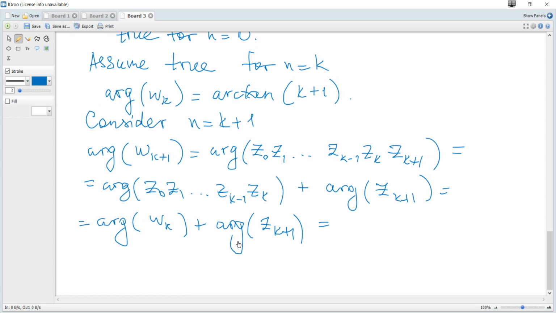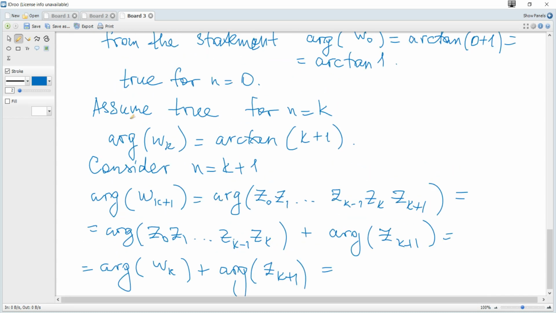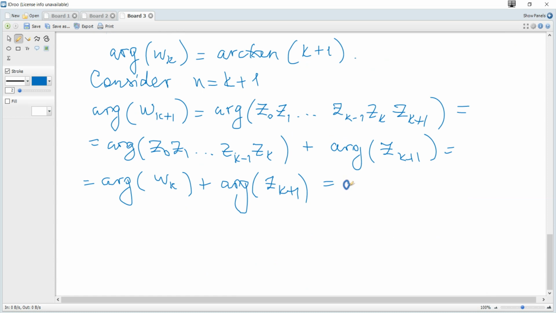And argument of wk we use this assumption, and it's arctangent of k plus 1,